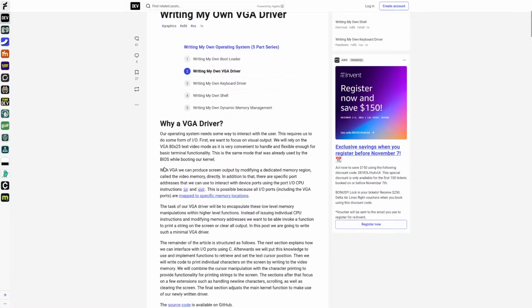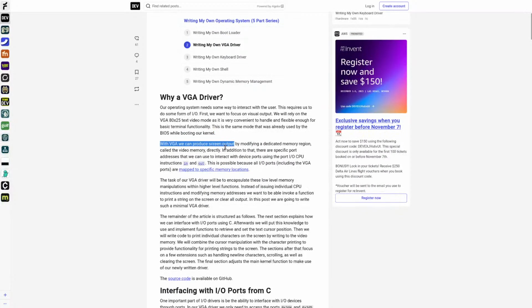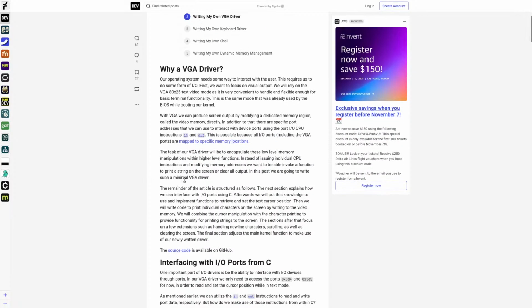By booting into our kernel with VGA, we can produce screen output by modifying a dedicated memory region called the video memory. In addition to that, there are specific port addresses that we can use to interact with the device, using the port I/O CPU instructions in and out. This is possible because all the I/O ports, including the VGA ports, are mapped to specific addresses. The first part of our VGA driver will be